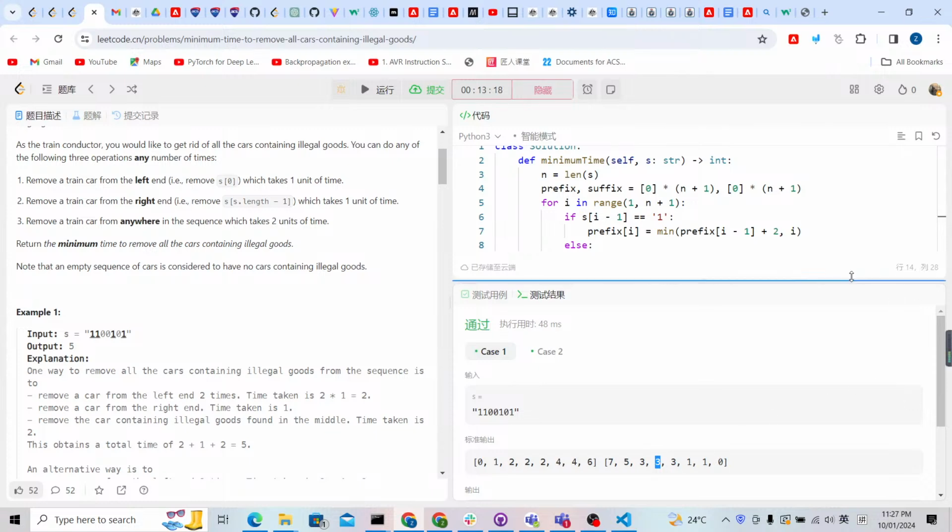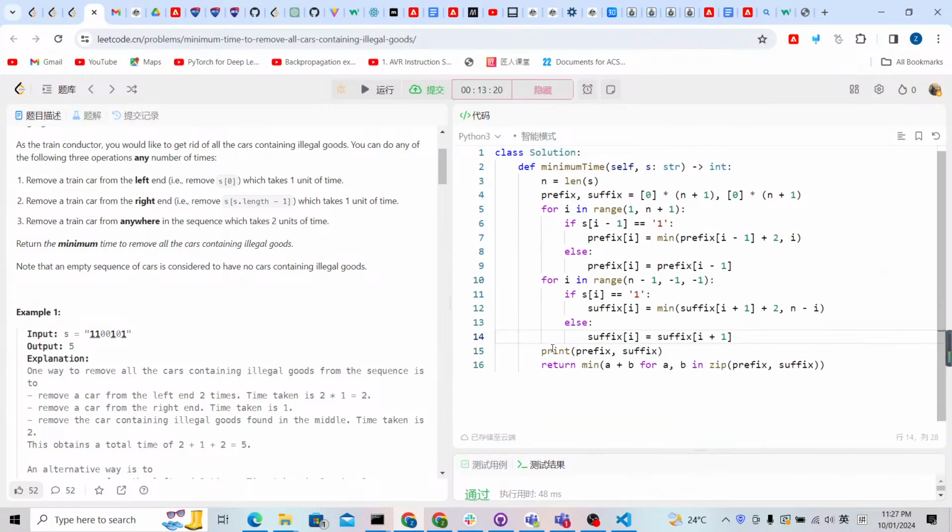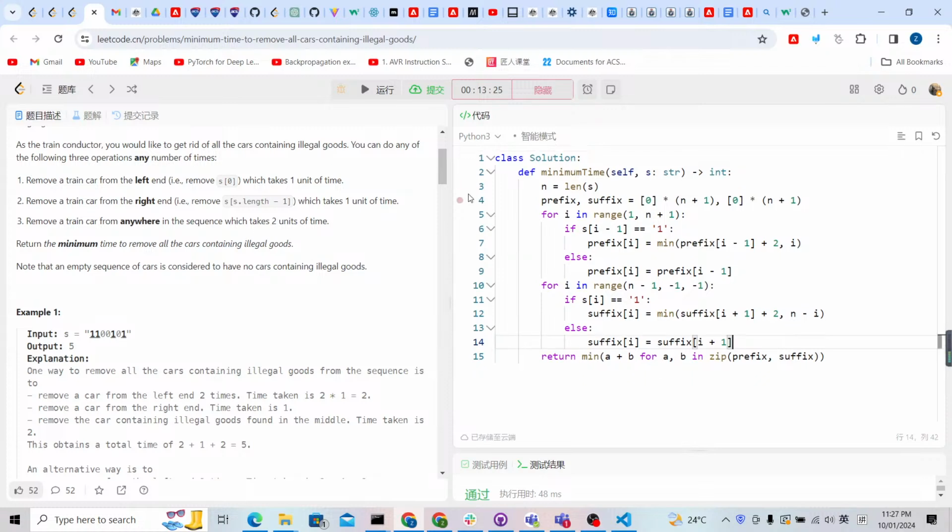That is why we're gonna enumerate all the possible results, because you cannot solve it directly from left to right. You have to solve it from the left to right and from the right to the left, and then enumerate all the possible results. The time complexity would still be O(n), because before that you prepare a prefix and suffix array, and after that you can use this prefix and suffix to get the